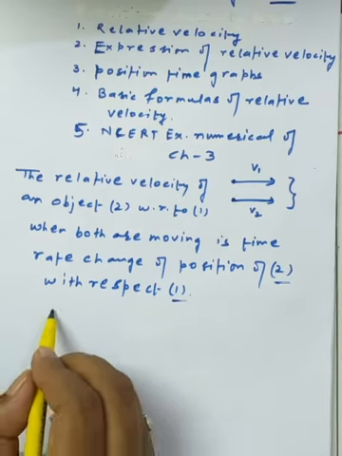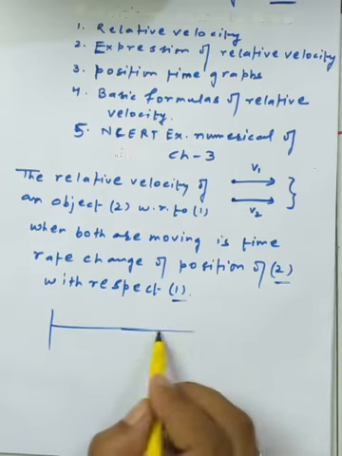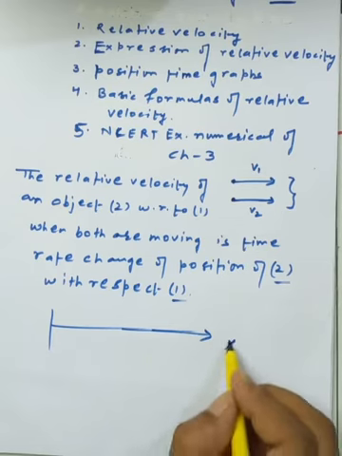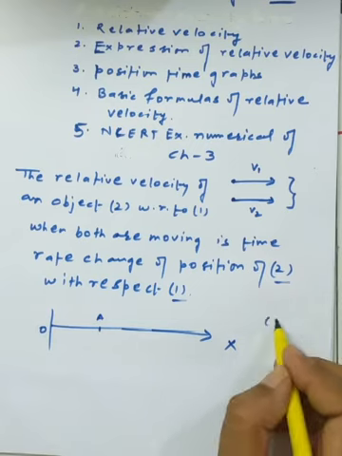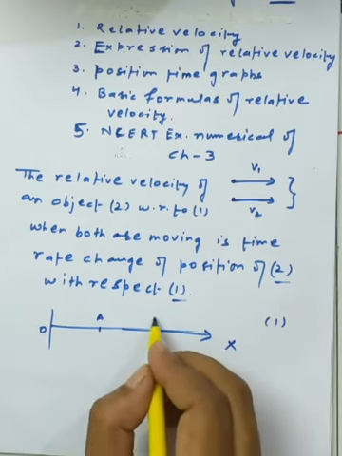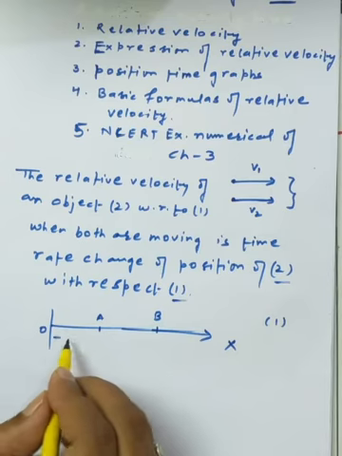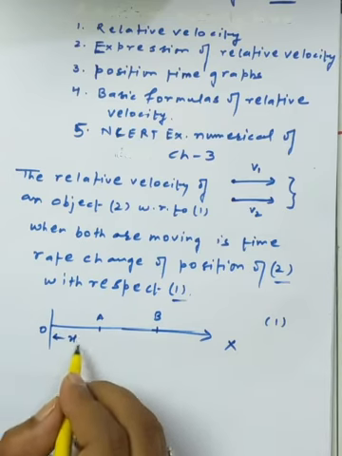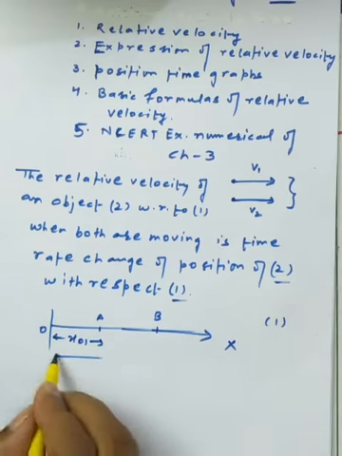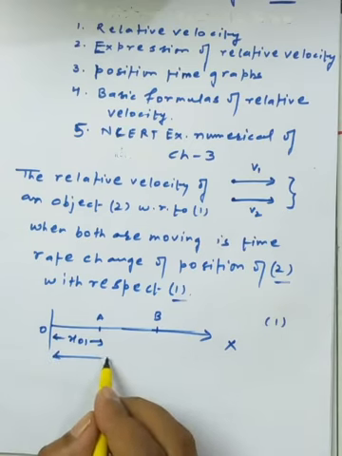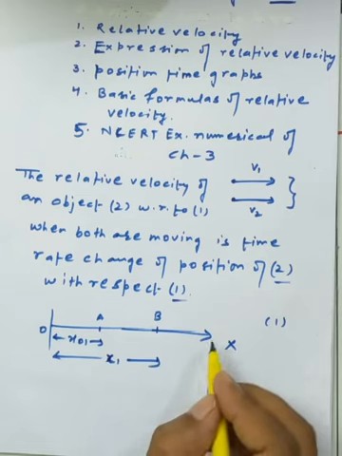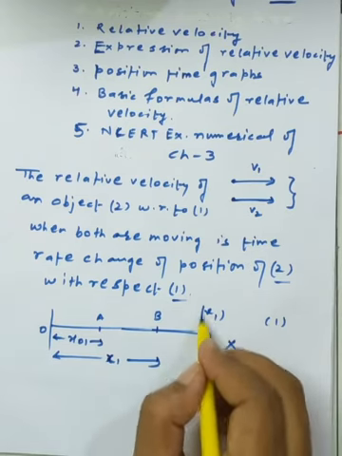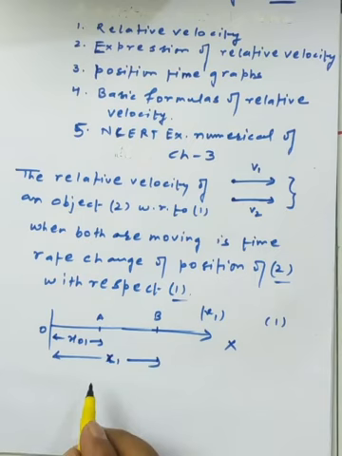So here, in the first situation, both the objects are moving along the x-axis. This is the plus x-axis, and this is the origin. Now initially this is for object 1. The object is initially at the position A, having its position from the origin called x01, and the object reaches another point B where it has the position from O called x1. This is the final position, and we are assuming that the object moves with the velocity v1, which is a uniform velocity.